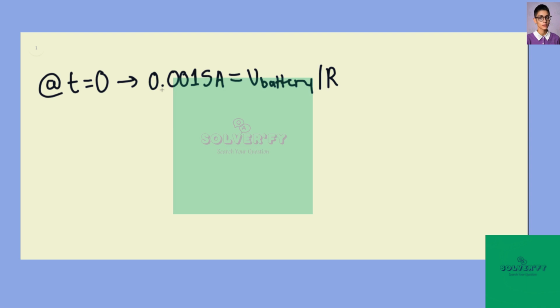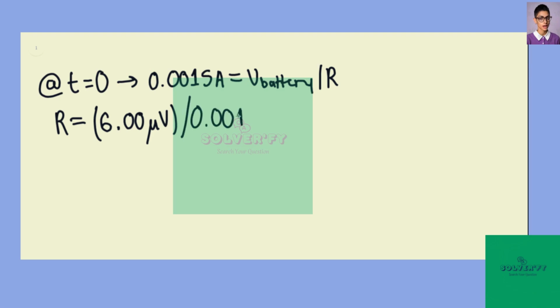So we can then say that the resistance would simply be equal to the voltage of the battery, 6.00 microvolts, divided by 0.0015 amperes. We find a resistance of 0.0040 ohms,